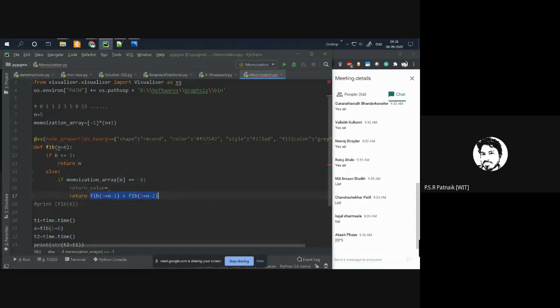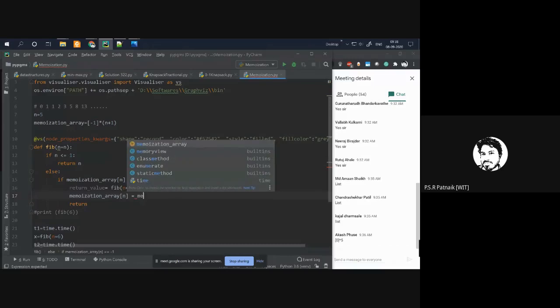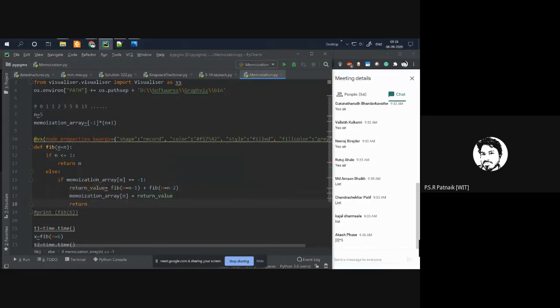I'll call the recursion and I will store this value in this array now. Earlier it was -1, which means you have not yet called it. But now you have called it, whatever the return value which you get has to be stored in this array. Right? And then return the return value.